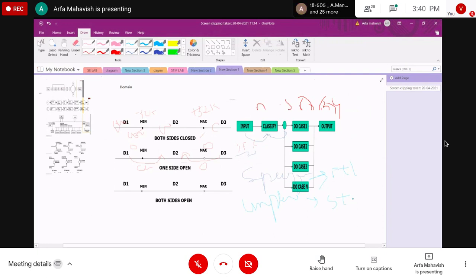Domain testing is based on the specification and or implementation information. If it is done by the specification, it is called functional testing; if by the implementation, it is called structural testing. We have two types of domain testing, guys.